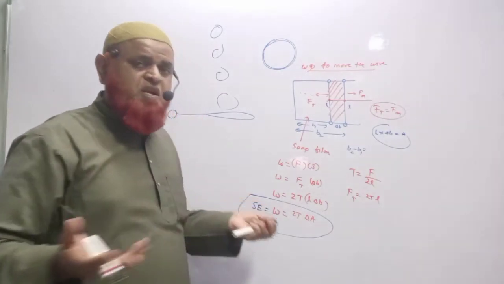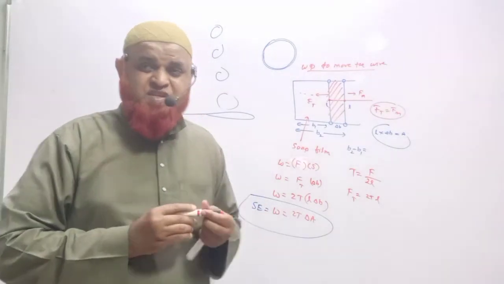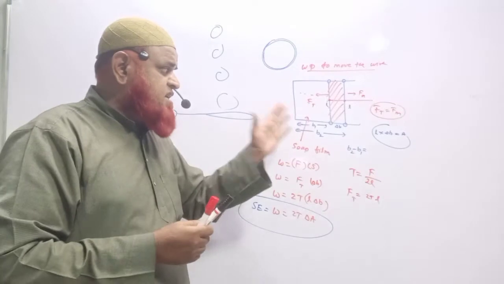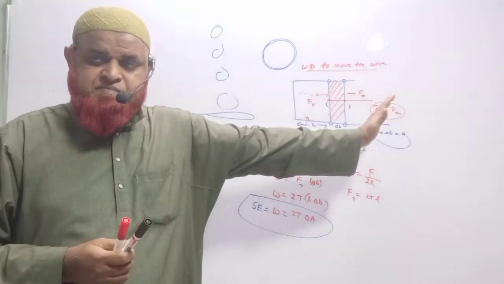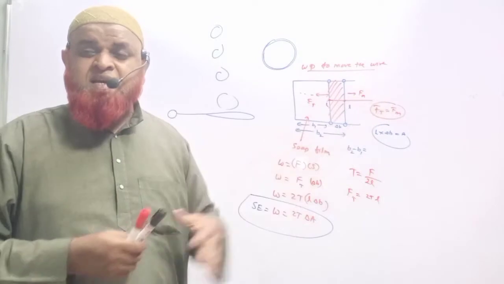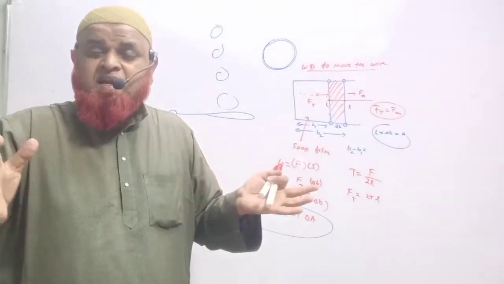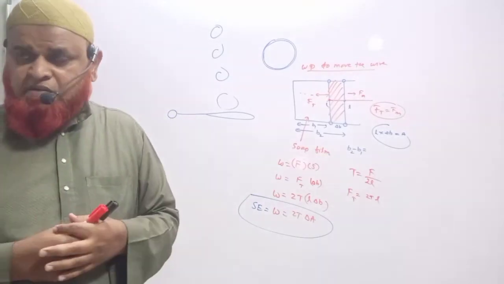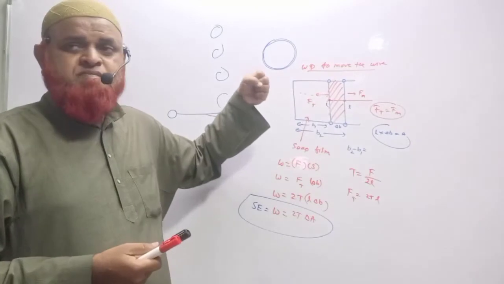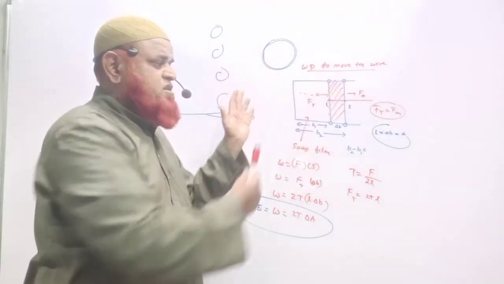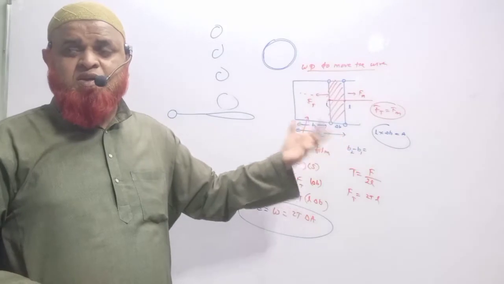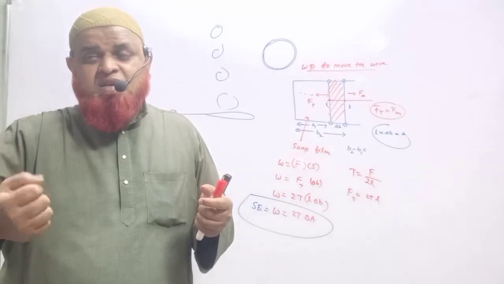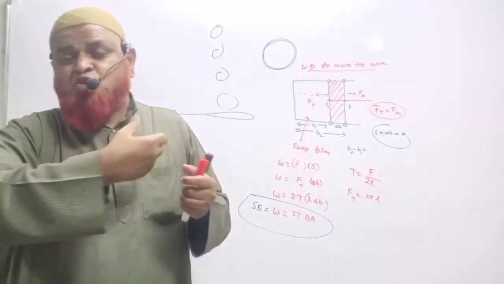So this is the formula which is called surface energy. Surface tension you know, but this is called surface energy. What is the meaning of surface energy? Surface energy is the work done to move the wire. Understand? So that the surface of the film is extended, its area will increase. So we have to do certain work, because tension is always pulling inwards, whereas you have to apply certain force and pull it against the surface tension. Force due to tension and force due to man should be in opposite directions.